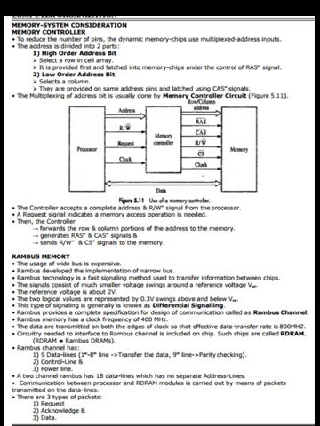Rambus channel has 9 data lines. The first 8 lines transfer the data. The 9th line is for parity checking, control and power. A 2-channel Rambus has 18 data lines and has no separate address lines. Communication between the processor and RDRAM modules is carried out by means of packets transmitted on the data lines. There are 3 types of packets: request, acknowledgement and data.